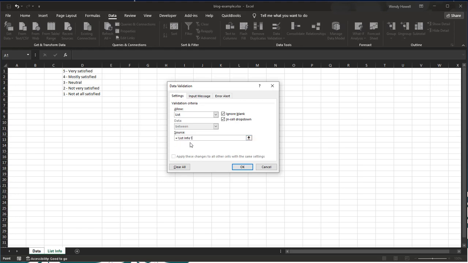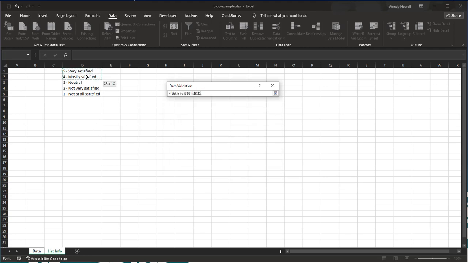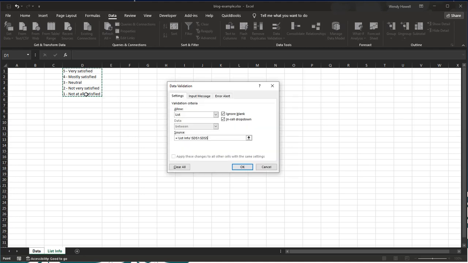If we wanted to type this out, we could. It's not that complex, but it's also easier to just click. And then from there, I'm going to left click to highlight, and I'm holding the left click and dragging down to select all the possible answers. The one thing I will say is it is important to put these in the order you want them to appear in the dropdown, because however you list them here is exactly the order that they will show